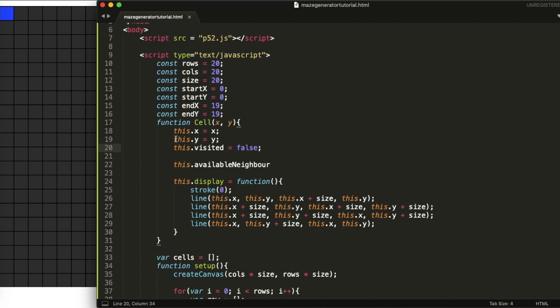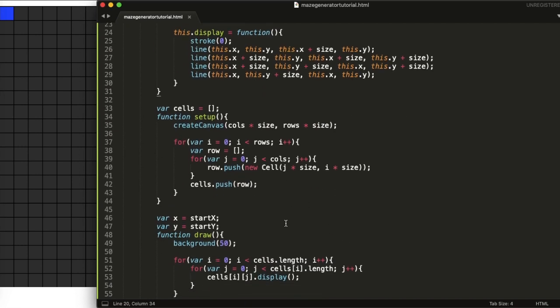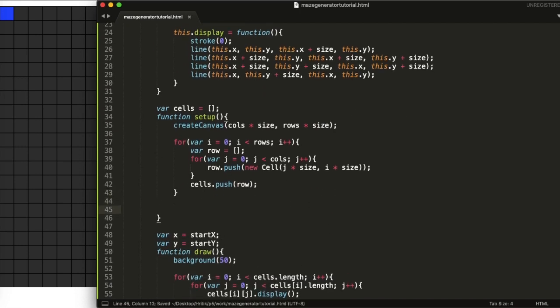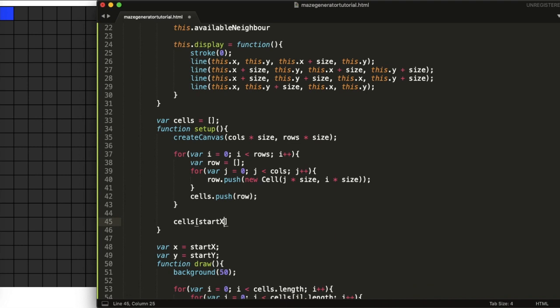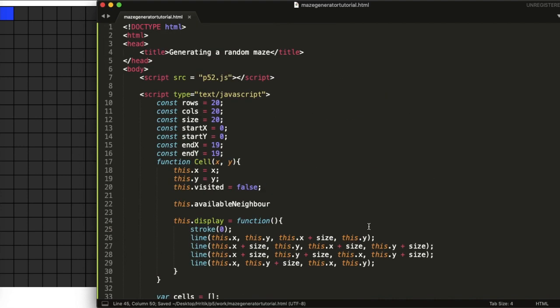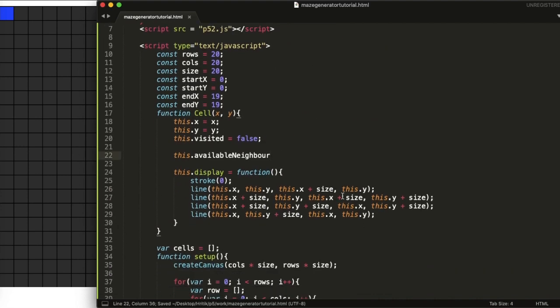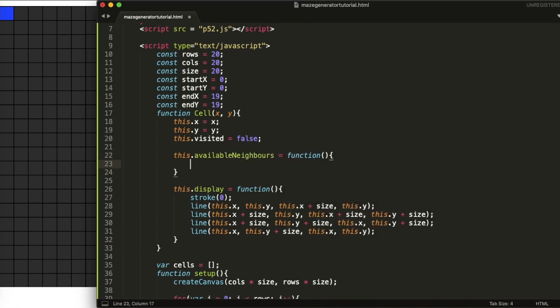So obviously at the start all of them have been not visited, but at the start also the first one, the one that the current cell is on, has been visited. So in the setup function we have to say cells of start x and start y dot visited equals true. Okay, so this dot available neighbors is going to be equal to a function where, basically,